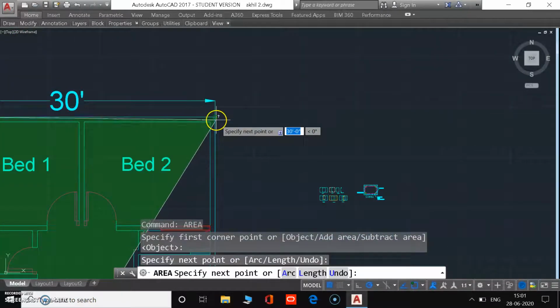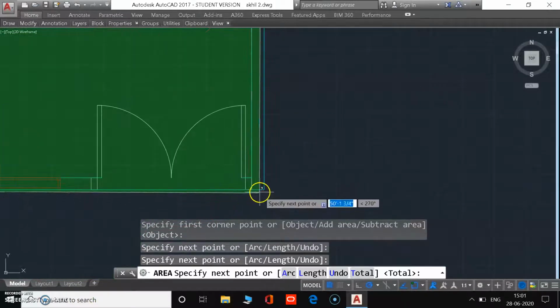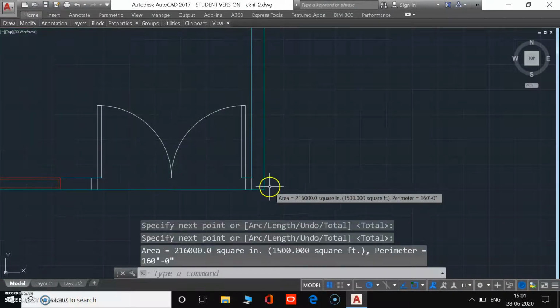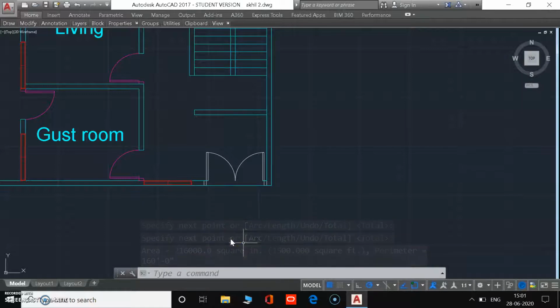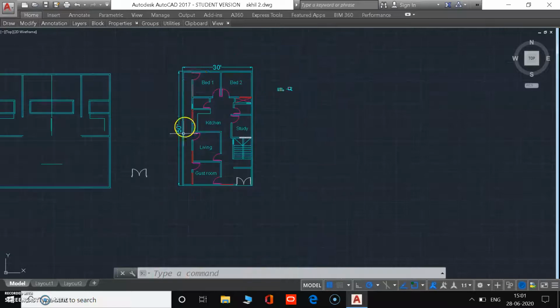This and this. Enter. So friends, as you can see, we get a similar statement from this command as we got recently.